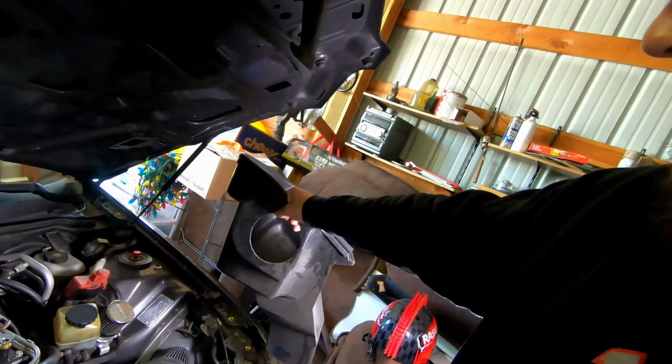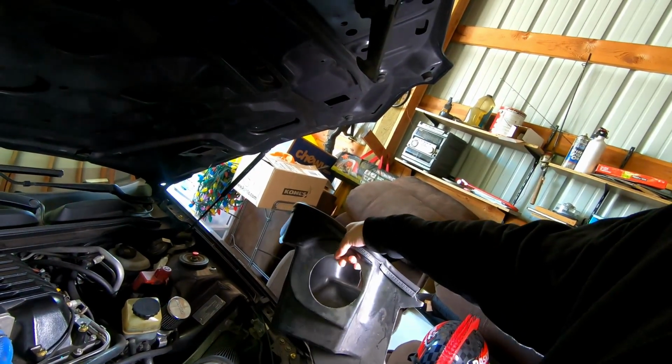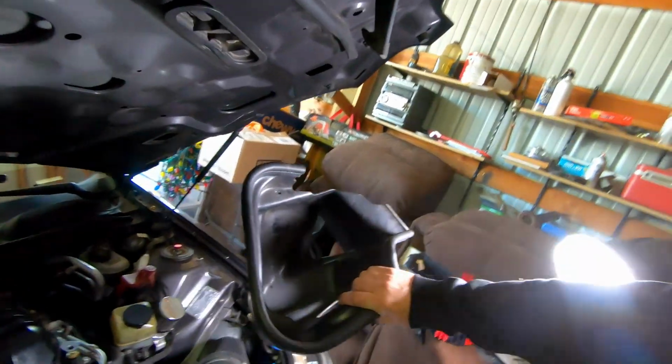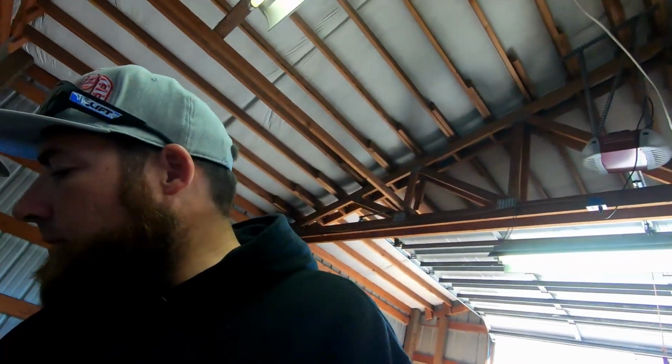Goes down into the fender, kind of sits like that, and the pipe, the actual intake goes into here, and then the filter goes on the inside, right? And it's supposed to pull air in from the bottom of the car. But it's only so much, because the front, where that air is supposed to come in the car,